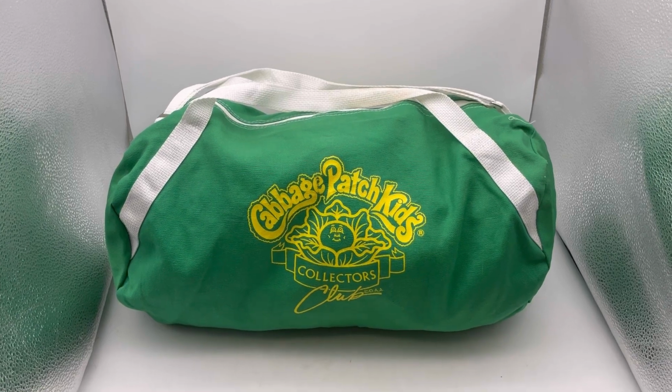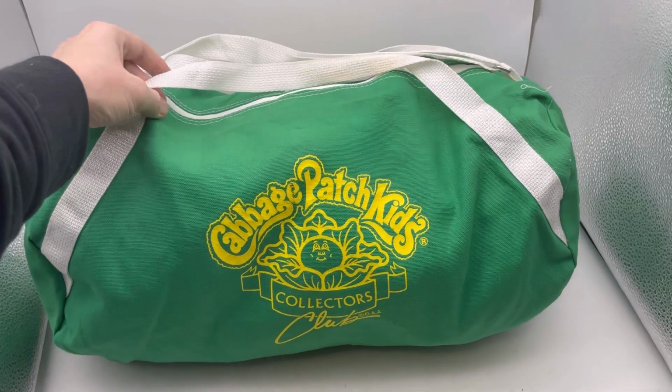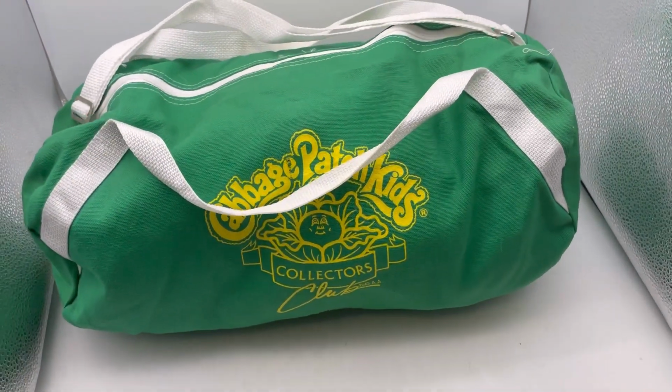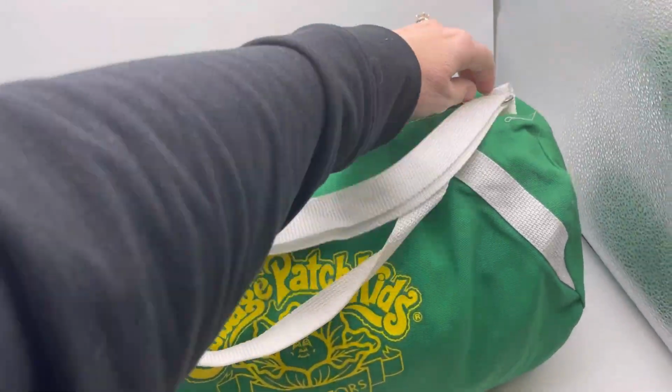Okay, this is a Cabbage Patch Kids clothing unboxing. I got this bag full at an estate sale and I am drawing a blank on what I...